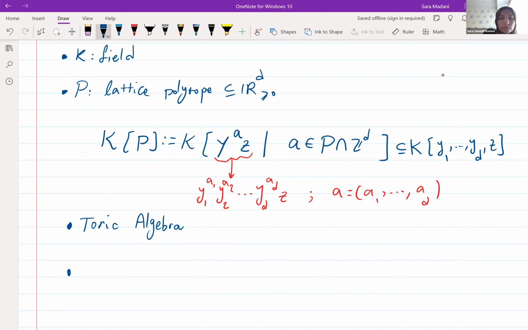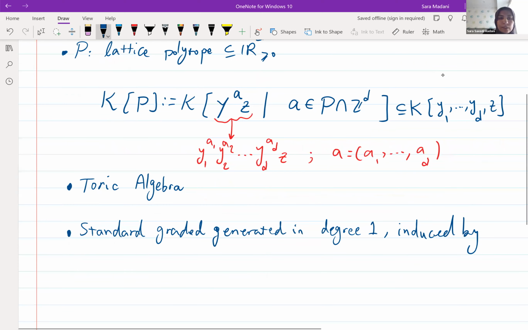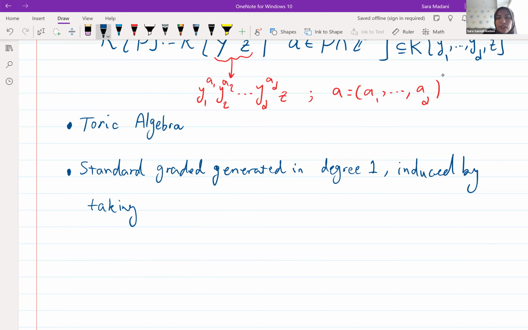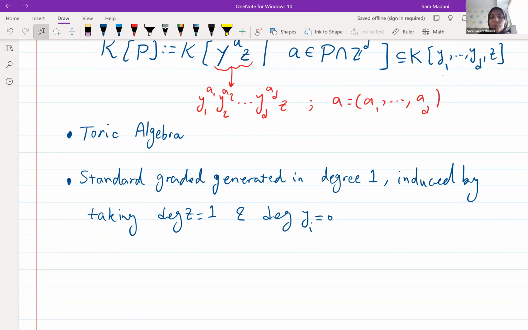And it is also standard graded, generated in degree 1. How degree 1? This is induced by taking degree of z equal to 1. So we put this z just to manage the degrees actually. And degree of all yi's equal to 0. Then this algebra K[P] is generated in degree 1. All the generating monomials are of degree 1, and then we have just a standard graded algebra over K. So in general, always we can associate such an algebra to any lattice polytope, but now I want to focus on our objects